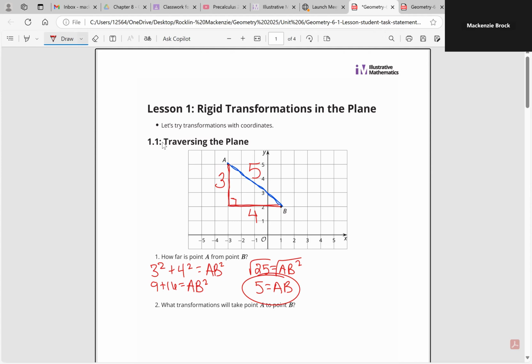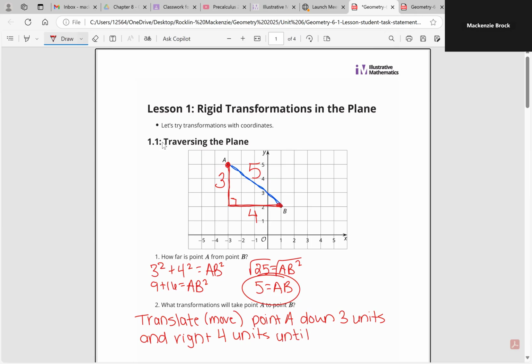What transformations will take point A to point B? Okay, so they're saying, how would I move A to get to where it's on top of point B? So I would say translate. Remember, translate is just another word for move. Point A down 3 units and right 4 units